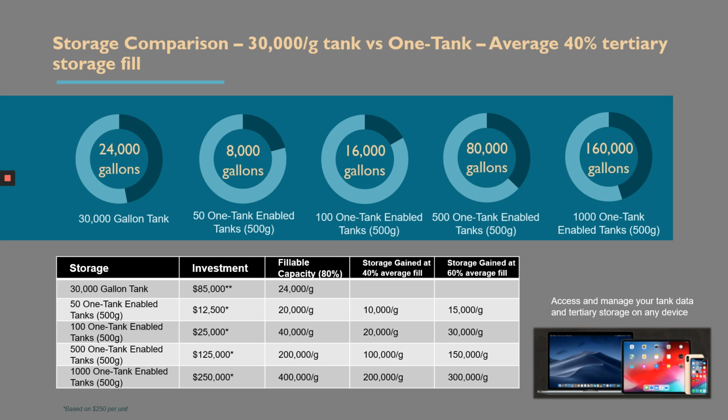But the fillable capacity, for pretty close to the same level of investment, you're looking at 24,000 gallons for a 30,000 gallon tank. For 500 One Tank enabled tanks, you're looking at 200,000 gallons of fillable capacity. If you average 40% fills gained across that, you're looking at 100,000 gallons, or 60%, 150,000 gallons. So you're looking at between 100,000 and 150,000 gallons of storage gained. And to add to that,